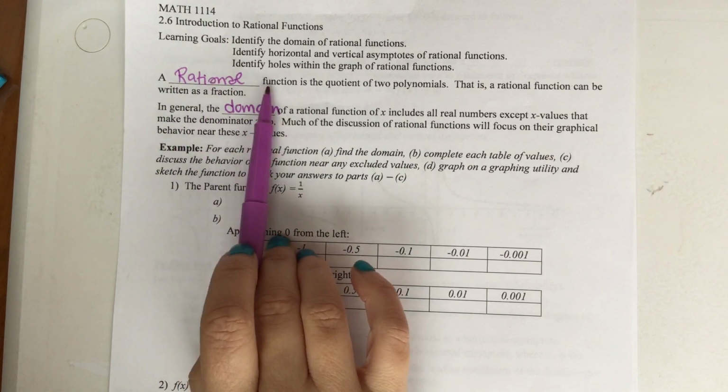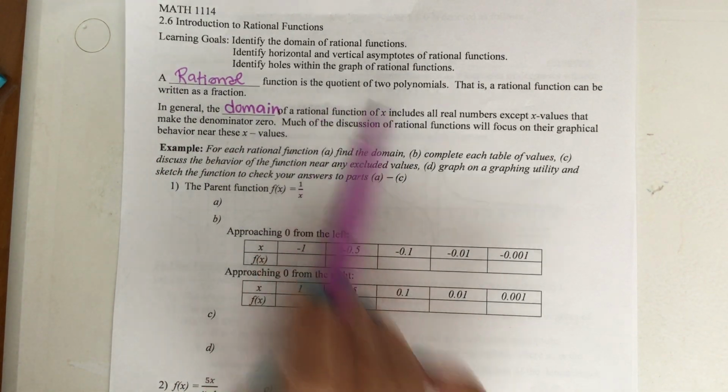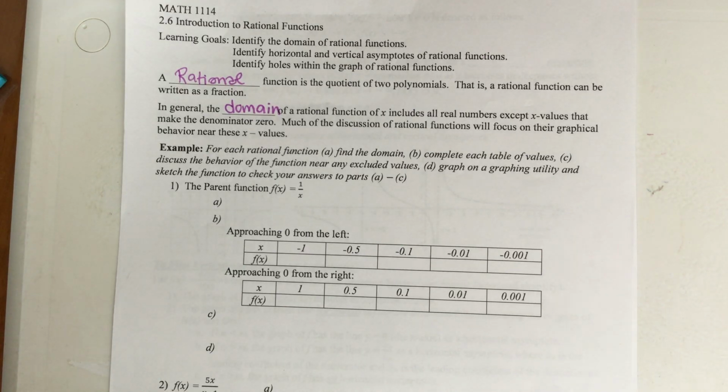Today in college algebra, we are starting a mini chapter that really focuses on rational functions. A rational function is the quotient of two polynomials. Remember, quotient means that you're dividing. So in a sense, when we are talking about a rational function, it means we have one polynomial over another